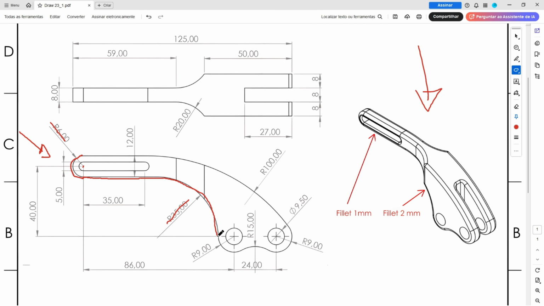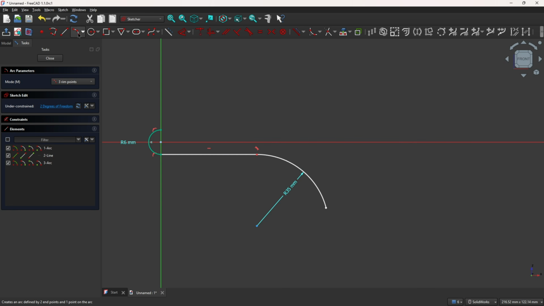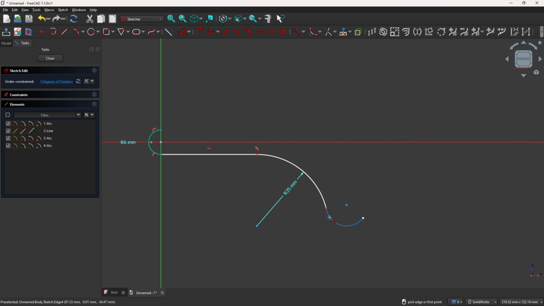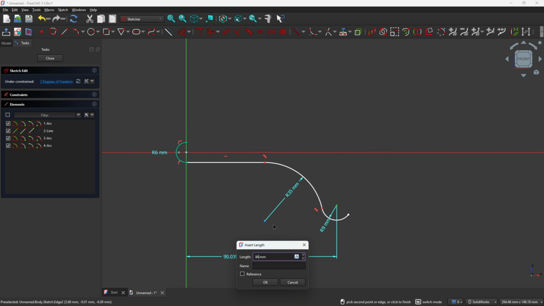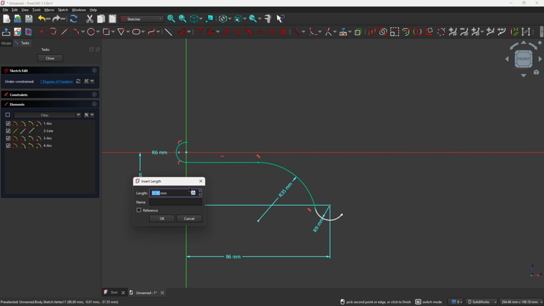And now we will create this arc here with 9 mm of radius. This arc is tangent with this one, and the distance between the center of this arc and the midpoint is 40 mm and 86. So select the 3-point arc again, make an arc here, make this arc tangent, and go to sketch dimension here, the radius 90 mm, the distance between the center and the midpoint here 86 mm,